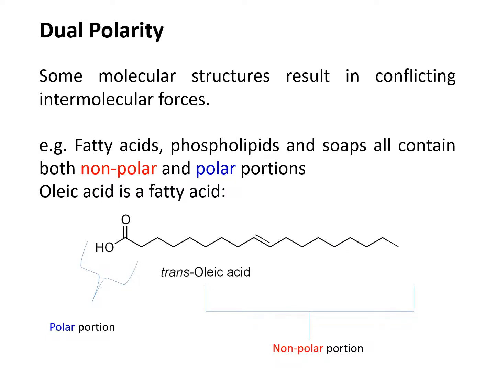Some molecular structures result in conflicting intermolecular forces. For example, fatty acids, phospholipids, and soaps all contain both polar and nonpolar regions. The example we have here is oleic acid, which is a fatty acid. We can see from the diagram that oleic acid has a polar region as well as a long hydrocarbon chain